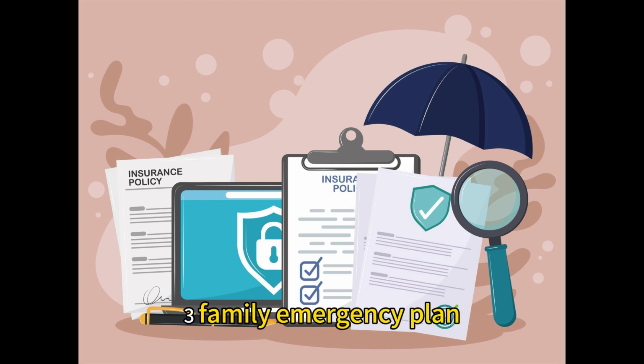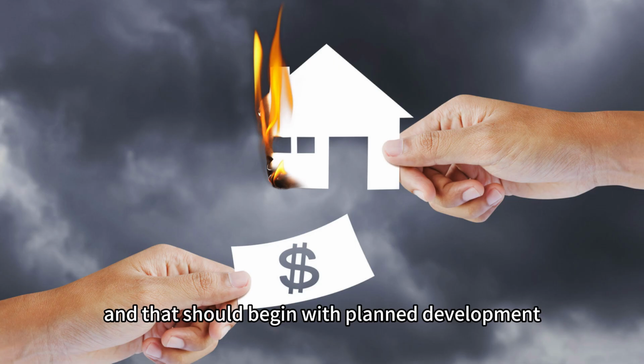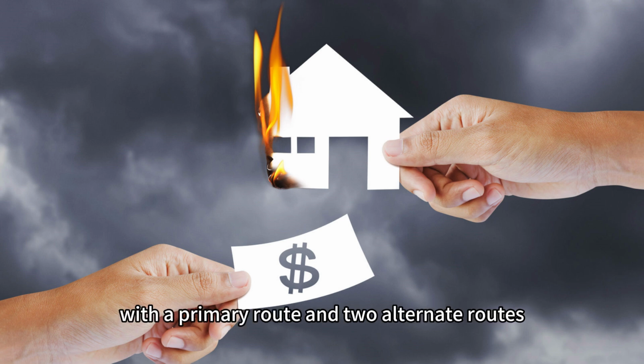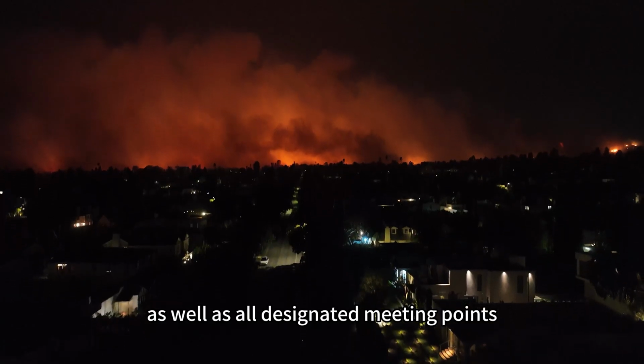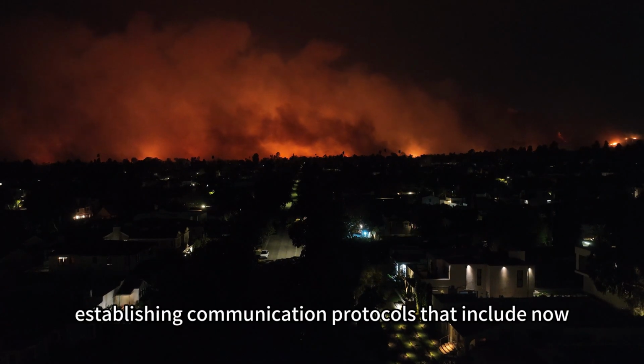3. Family emergency plan. A clear and practiced plan is a family's single most important asset, and that should begin with plan development, where you create detailed evacuation maps with a primary route and 2 alternate routes, with all marked safety zones and any potential shelter locations, as well as all designated meeting points,